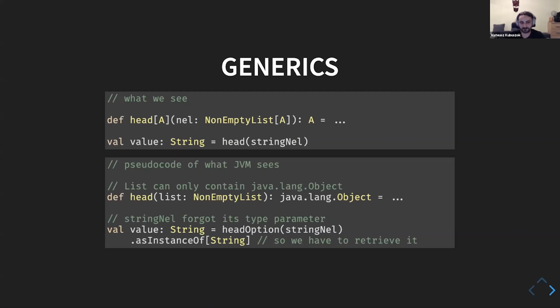So what the compiler would make sure the JVM would do is that the moment we pass arguments in, we're forgetting what the type parameters are. And the internals of this method have to be designed in such a way that they do not rely on any assumption about what this type parameter is. Like if we take a look at what generics do, they usually are implemented in such a way that we aren't relying on any information about what this type parameter is, only that it stays the same in several places.